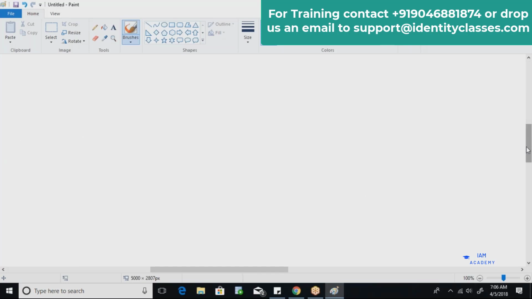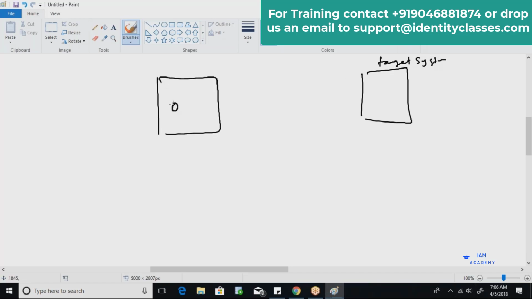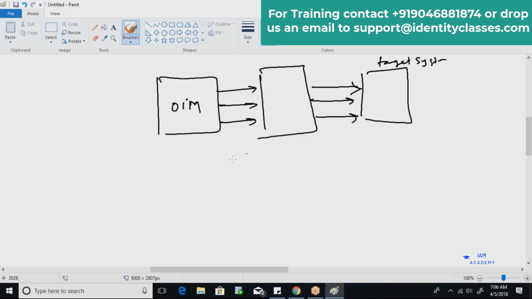Now, let's go into some more details. What is provisioning? This is a target system. This is my OIM system. Provisioning means we are passing the proper information to the target system. We are simply supplying the information to the target system. The data flow will be from OIM to the target system.